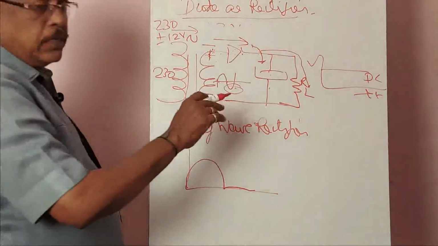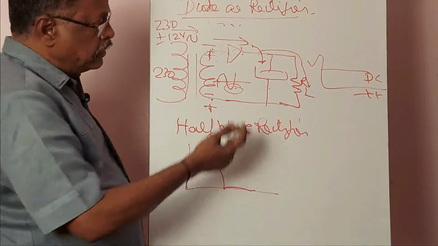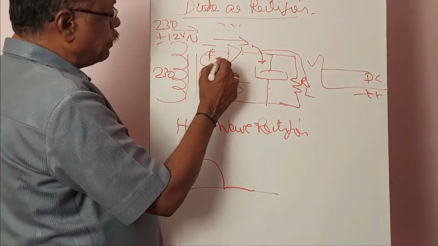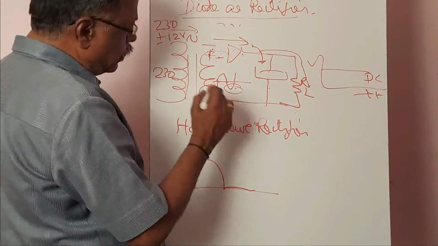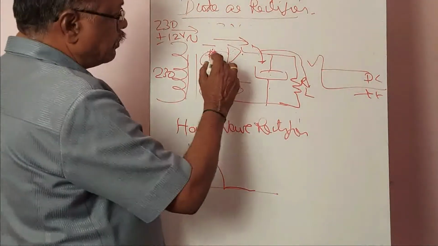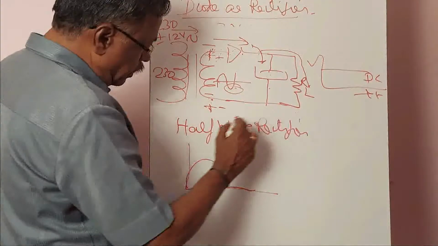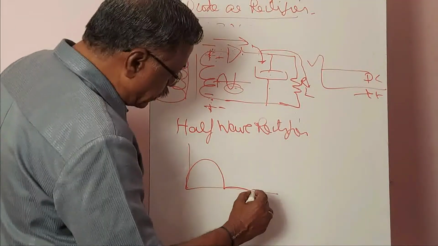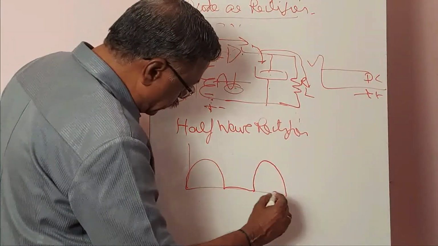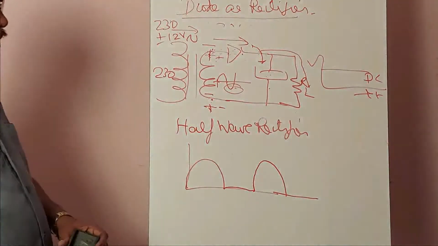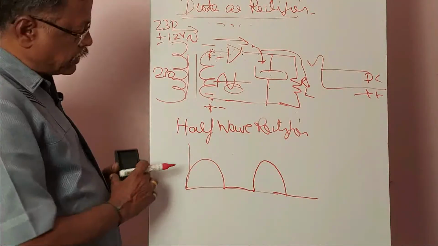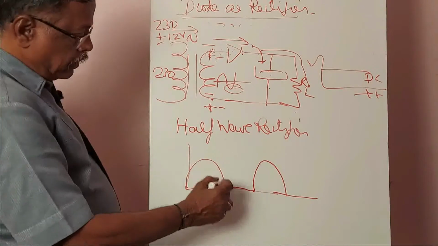And for the first half of the second cycle, the current will be providing positive to the anode and negative to the cathode like this. Therefore, this will drive a current again, like that, through the load. The current will be like this. So, please understand that in a half-wave rectifier, the first half cycle will provide this waveform.